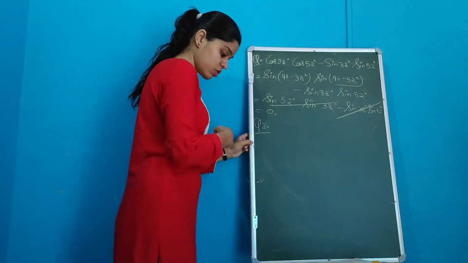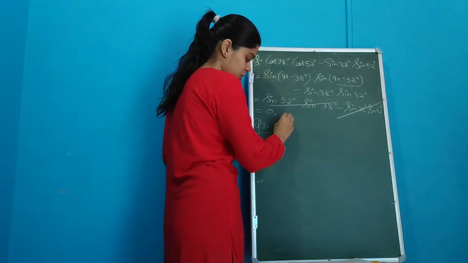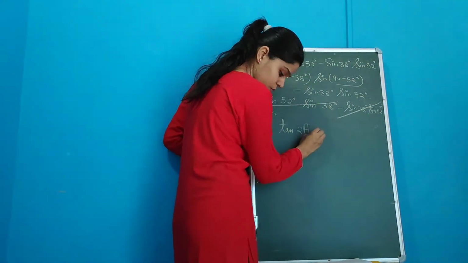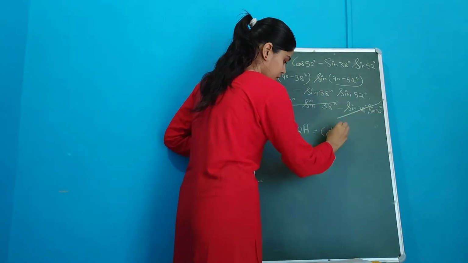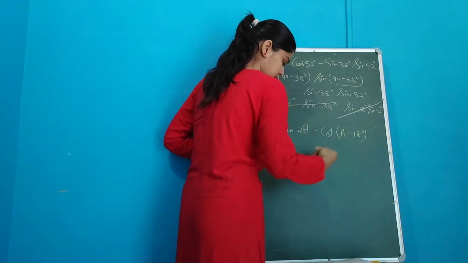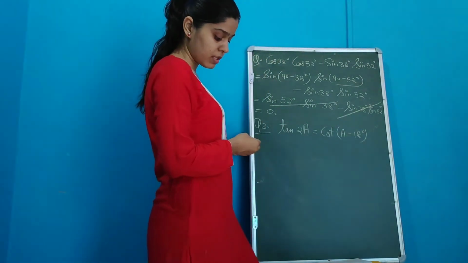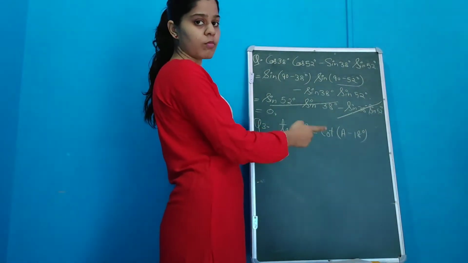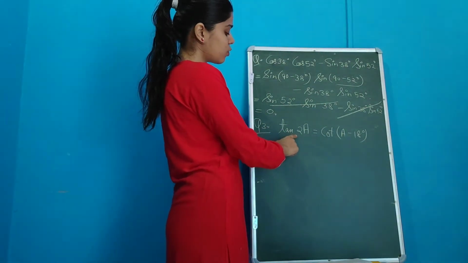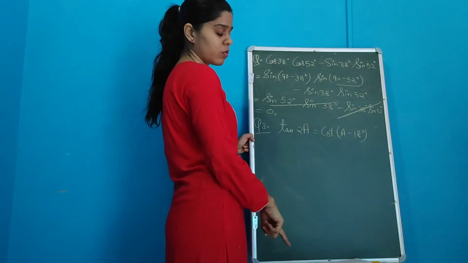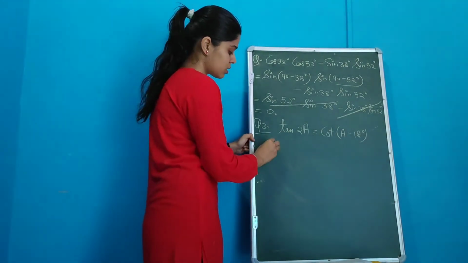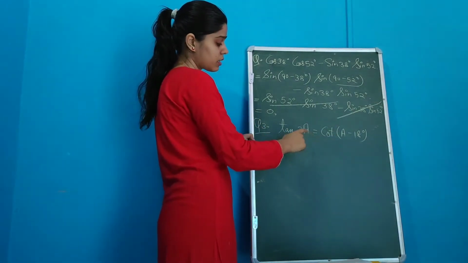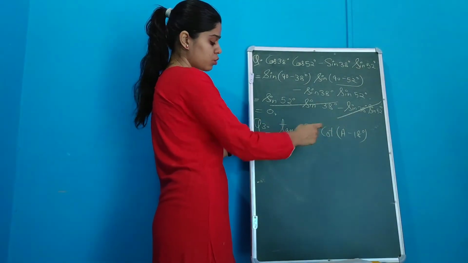Now coming to question number 3, what is given if tangent of 2a is equal to cot of a minus 18 degrees, where 2a is an acute angle, then find the value of a. 2a acute angle है, हमारे formulas acute angle के लिए apply होते हैं, so we have to find out the value of a here. Okay, tangent को मैं convert कर सकती हूँ in cot, या cot को मैं tangent में convert कर सकती हूँ, but it will be easy to convert tangent into cot.